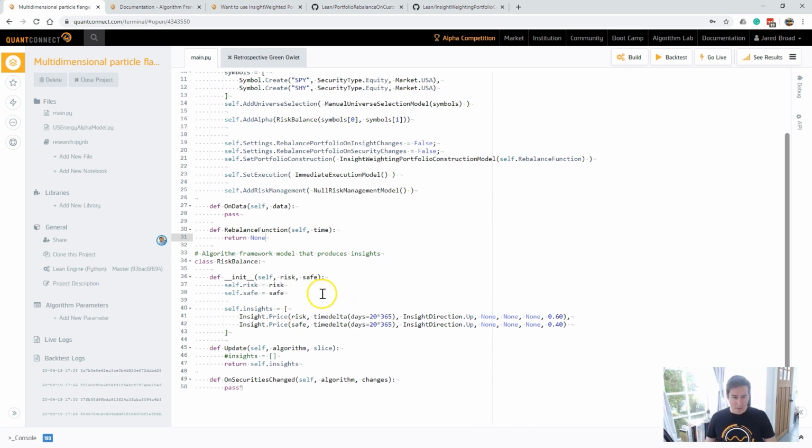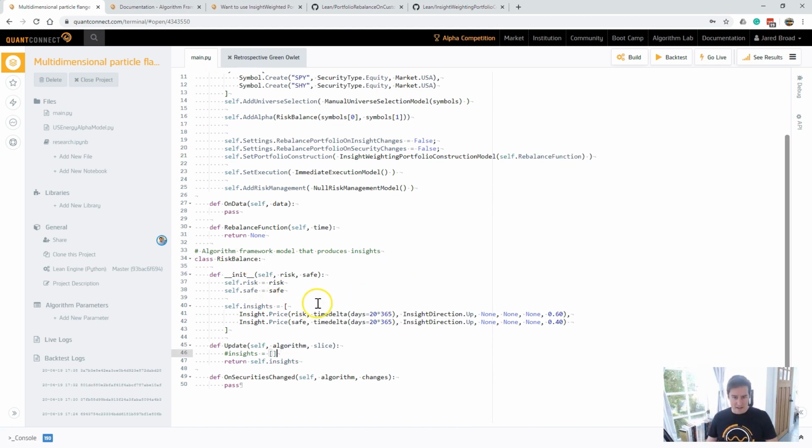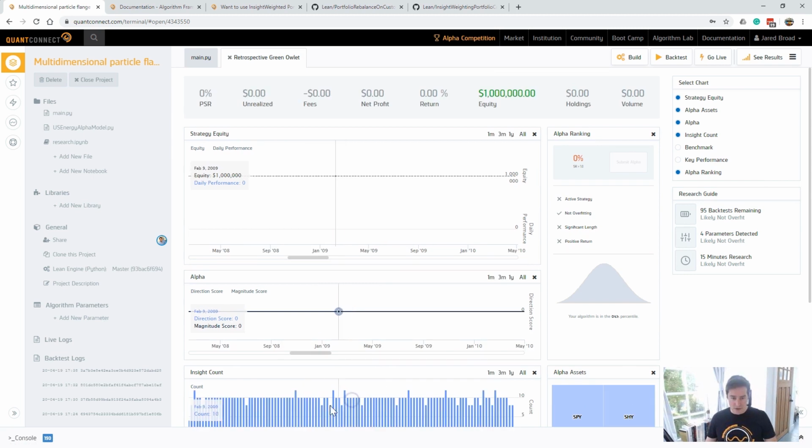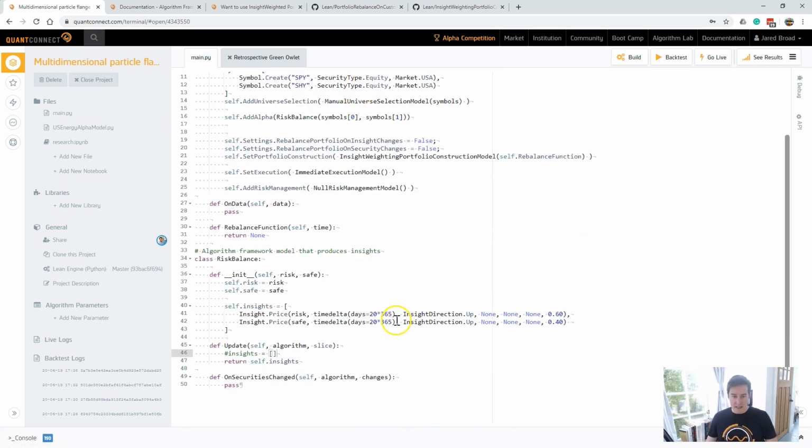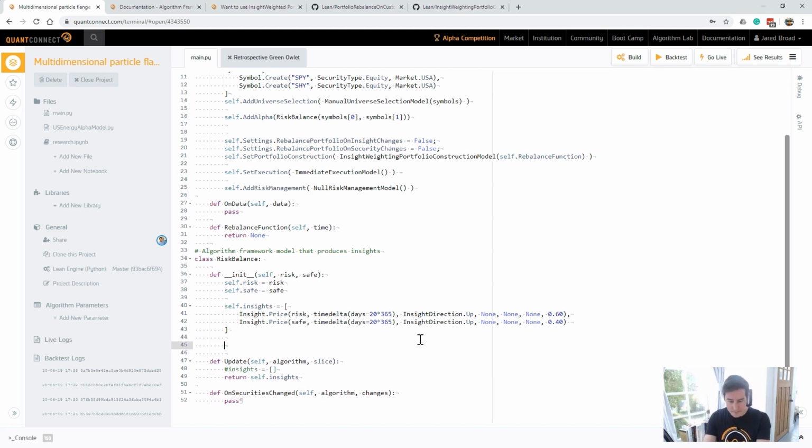So one thing that we might want to check here, this is emitting hundreds of insights. There's 2 every single day, and the insights are for 20 years. So really we don't need to emit thousands and thousands of these, and it's just a huge waste of energy. So let's update that. So we're going to say